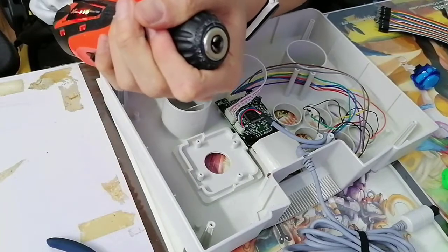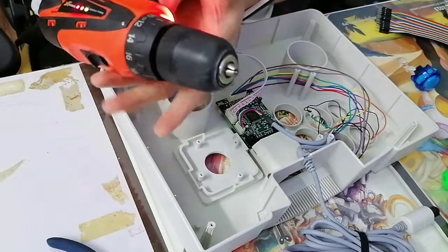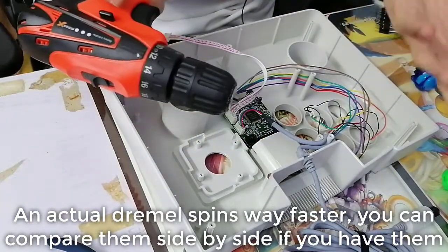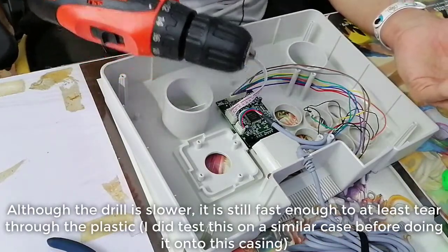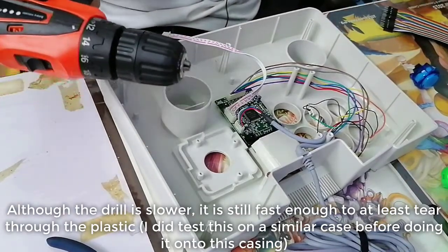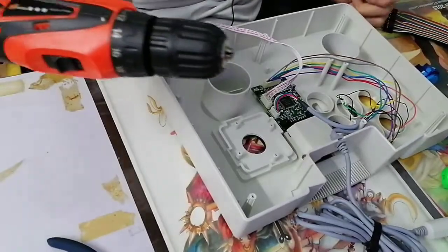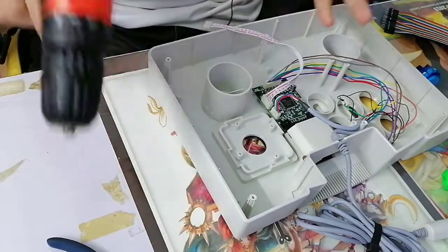So, for the record, a drill spins, does the job. It's not crazy fast like an actual Dremel, I'm gonna immediately say that. Of course, ideally I would love to use a Dremel, but this is your next best. I guess the next question would be, where can I get the Dremel cutting tools compatible with drills? I'm not sure if the original Dremel parts would immediately fit this thing, but what I can say